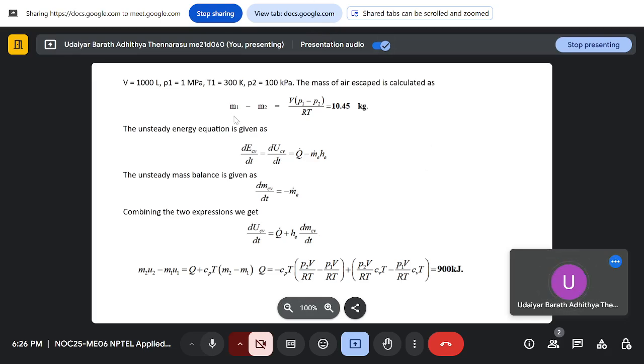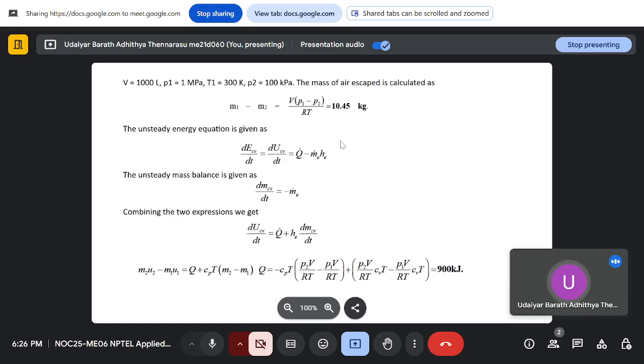We can calculate m1 minus m2 as the volume times (p1 minus p2) divided by RT, because the temperature is constant and the volume is constant. So this becomes 10.45 kg. That is the amount of mass of air which has escaped. Next is